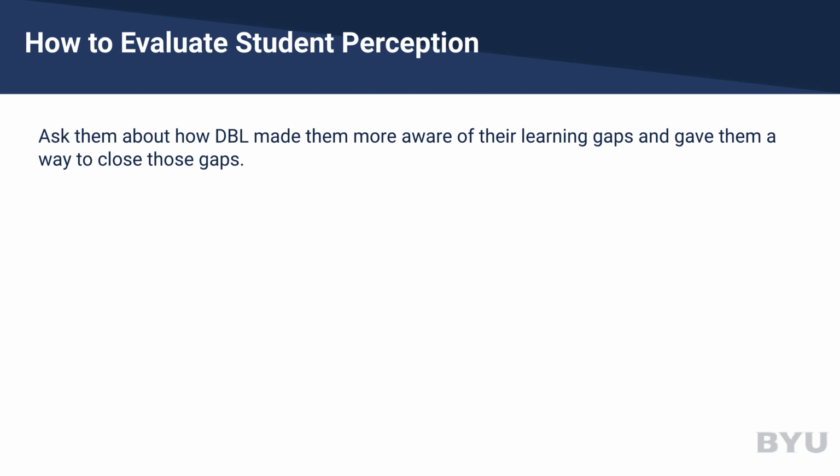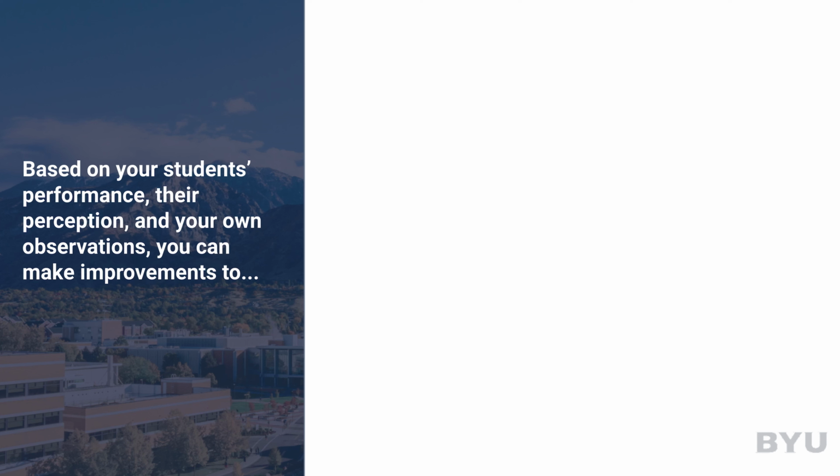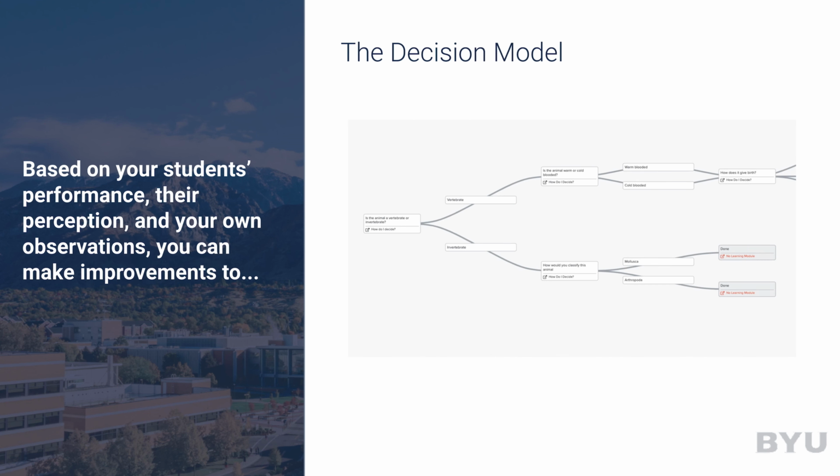You could also ask them about how DBL made them more aware of their learning gaps and gave them a way to close those gaps. This question asks, "How helpful was the DBL software in helping you see the gaps in your learning?" And then ask the students to explain their answer. Our second question asks, "How helpful was the DBL software in helping you fix or close those gaps in your learning?" Based on your students' performance, their perception, and your own observations, you can make improvements to the decision model,